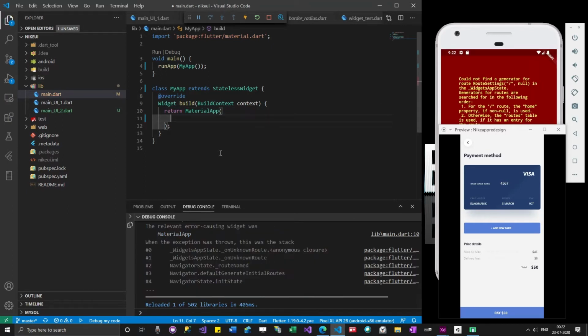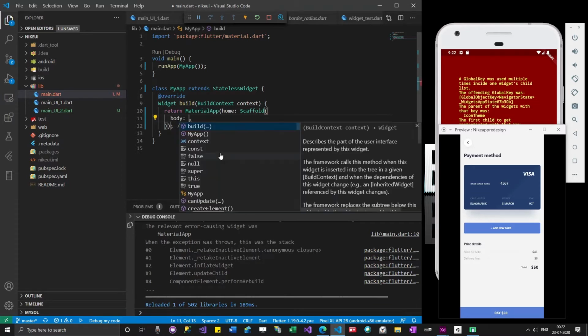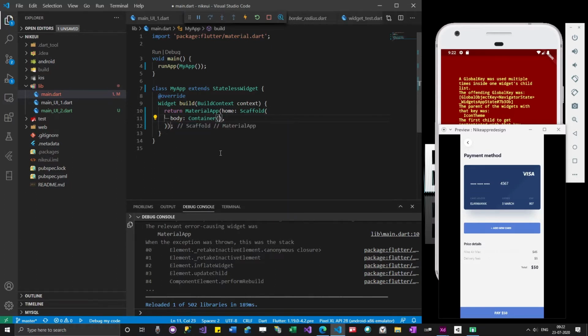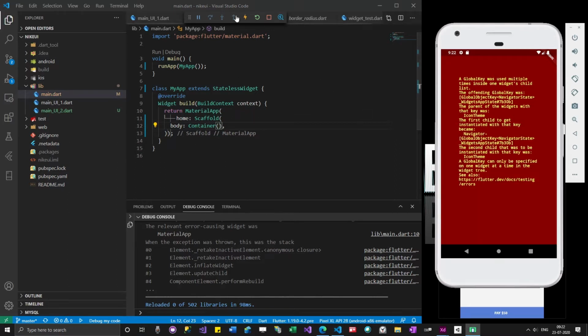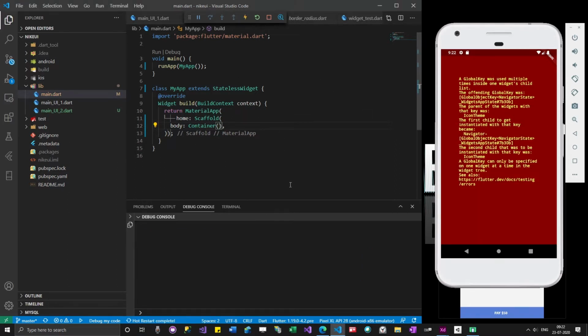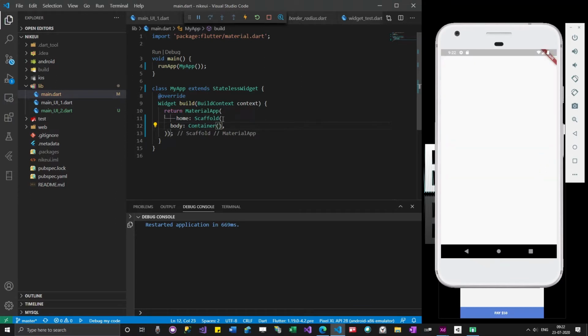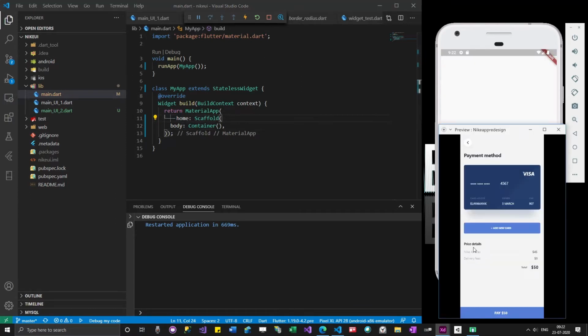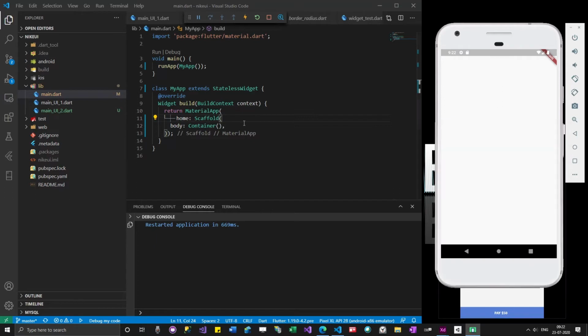MaterialApp takes home, Scaffold needs body, and then let's create a Container and leave it here. So everything is fine. We can see there is a very small app bar. We'll add the tab bar.